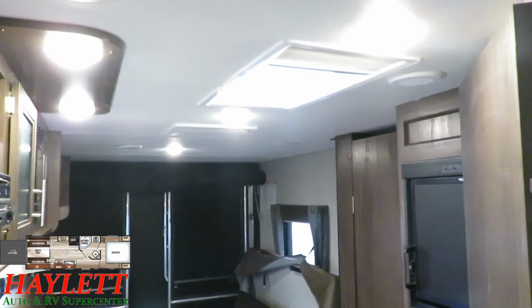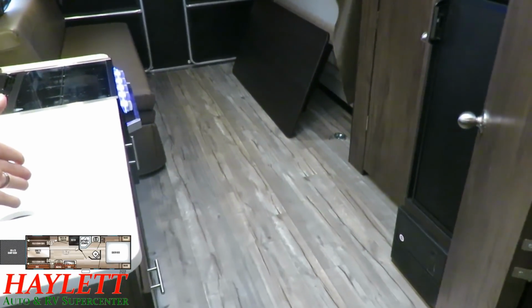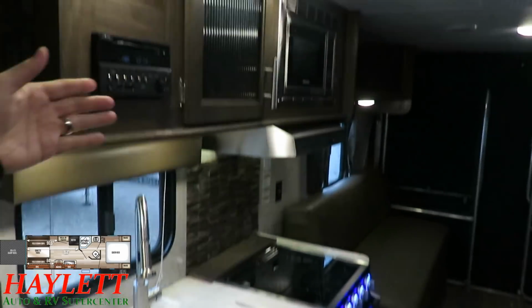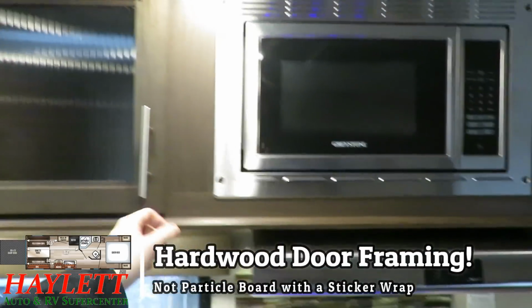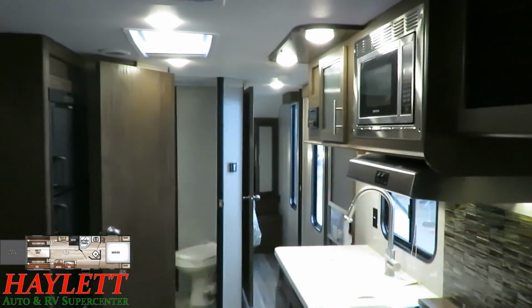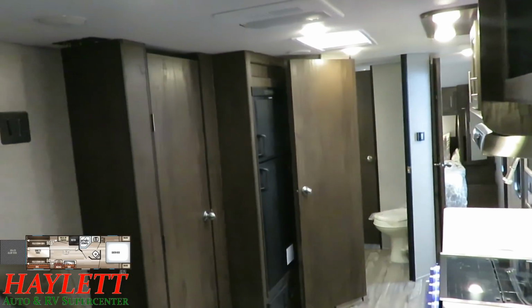So, I mean, you've got everything you need. You've got a walk-on roof. You've got a heavy-duty floor construction, which is carrying the bulk of your load here. We've got waterproof countertops. We've got the nicer cabinet hardware. You know, they spend more money on cabinet hardware so you can actually wrap your fingers around this. The stainless appliance bundles. Like I said, this is a deceptively well-equipped camper wrapped up in a